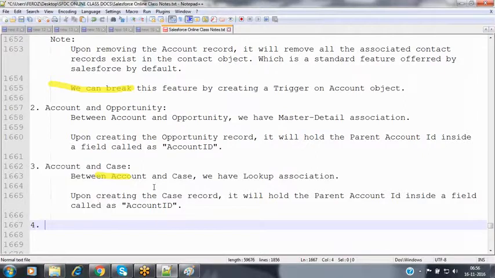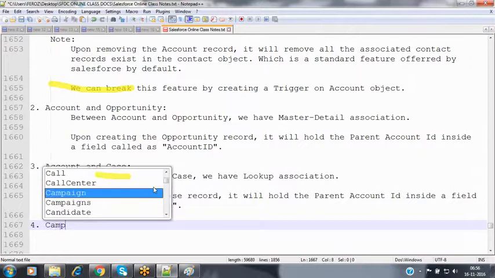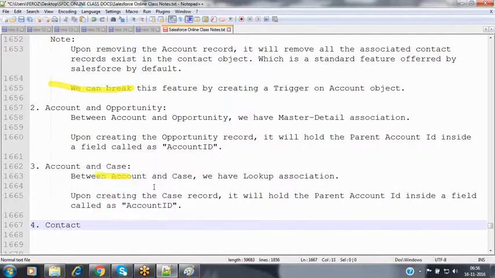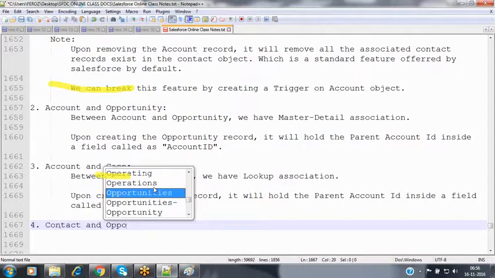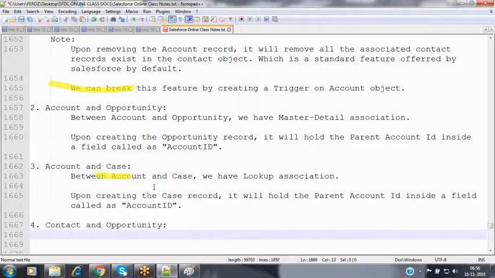Now come to the next one, the contact and opportunity. What is the association between contact and opportunity here?